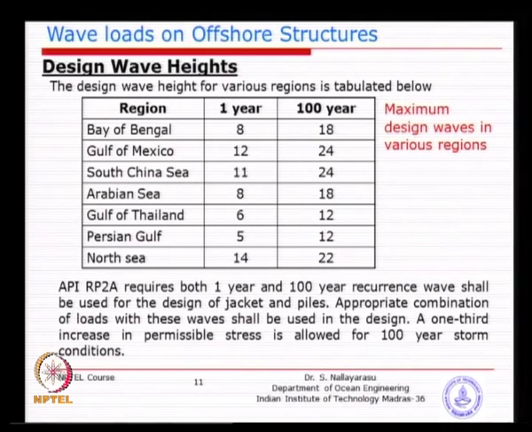Typical wave heights, just to give you an idea about the type of variation you can find from location to location. For example, the Bay of Bengal on the east coast and the Arabian Sea on the west coast, you could see the difference is very small. Both are open conditions, both are subjected to cyclonic storms. In fact, the east coast is more prone to cyclonic storms.